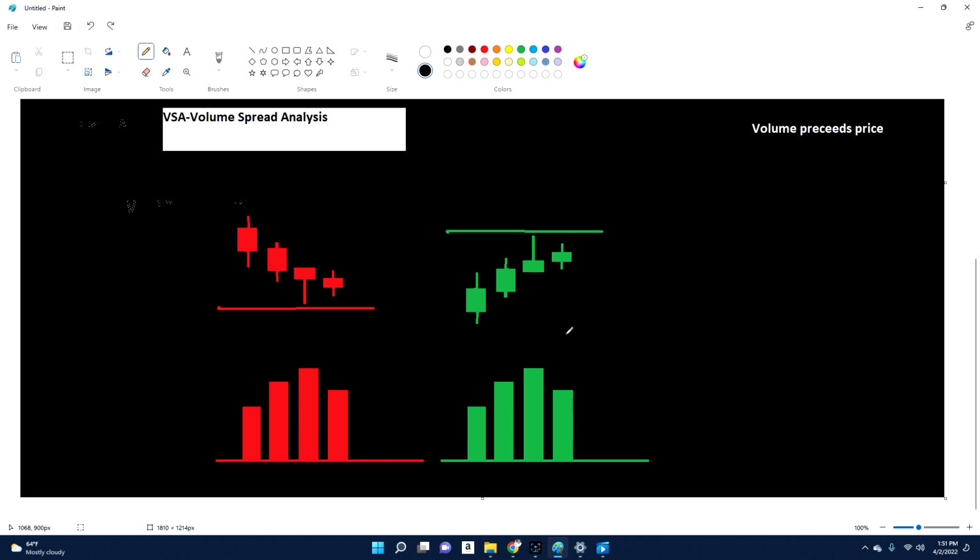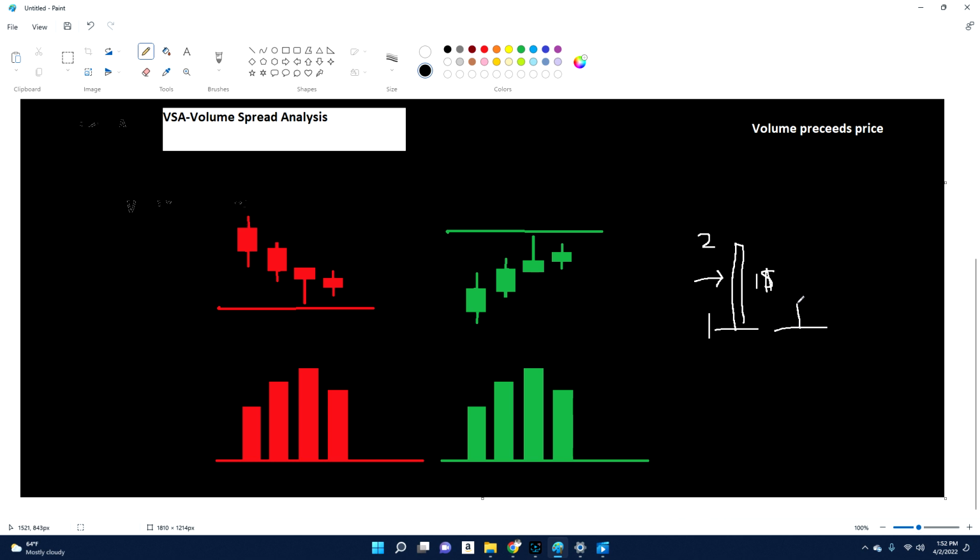Volume spread analysis takes it to another level, though. It presupposes that for the amount of effort put into a bar, you should see a corresponding amount of movement in price, in the spread of the candle. The spread of the candle is how long the candle is. So if you've got a candle that's at $1 and it rises all the way to $2, that spread is going to be $1 because it moved $1 up. Does that make sense?